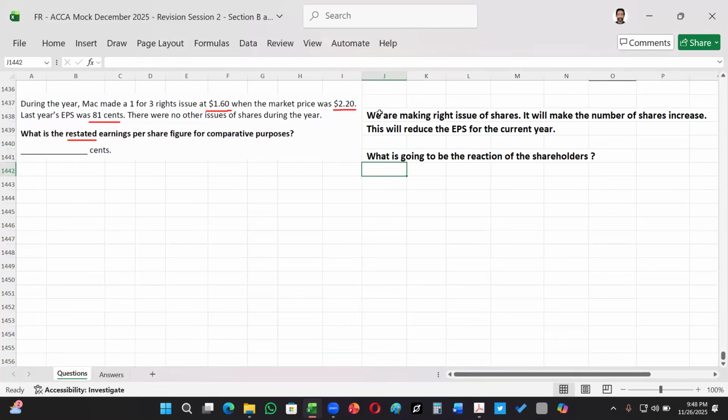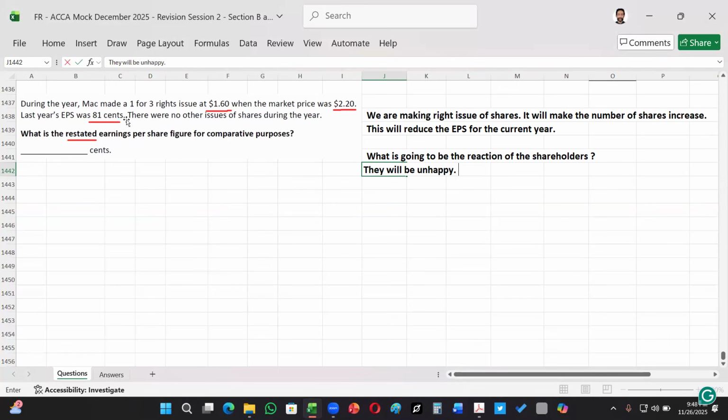They will be unhappy. Why would they be unhappy? Should they be unhappy? The answer is no. But the shareholders don't understand. We cannot explain to all the shareholders that the company is performing fine. It is just that the number of shares has increased, and due to that, the EPS has gone down. So we cannot do that. But they're going to look at the EPS for the previous period, and they're going to see why EPS has gone down. It will be a difficult situation for us.